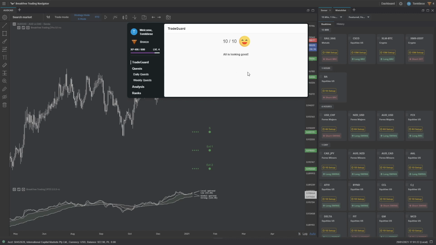So the trade guard is like our little AI trade helper that's going to give us an idea of how our account's looking at any given time. We just open trade guard and it'll tell us if there's any issues with your account. If you're over leveraging or taking too much risk, it's going to show up here and tell you you need to reduce that. Your account score is going to drop from 10 out of 10 to 7 or 8,